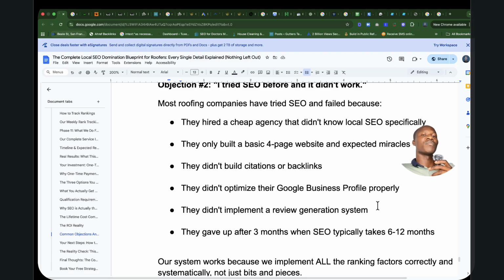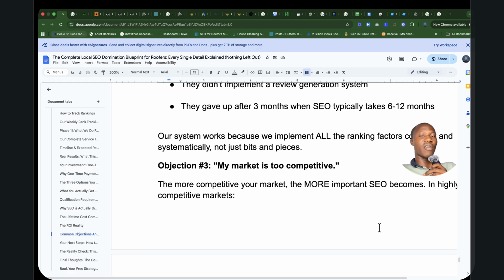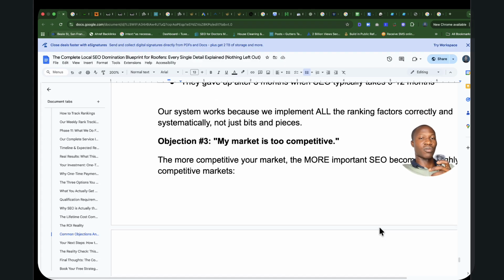Like I said, it's Google optimization, search engine optimization. We don't perform magic here. If you're thinking that we're going to rank number one in a couple of days, this is not for you. But we are promising we're going to give you a desired result that will land your clients, that will give you value for your money. Our system works if we implement all of these ranking factors correctly for you, systemize it bit by bit, and not just all at a go.